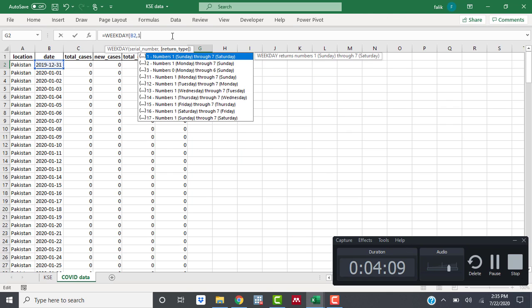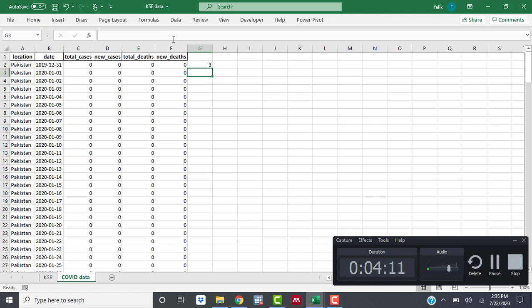We have chosen 1 and that's it. Now you can see that it has converted this date into 3. We will just apply this to the whole data set.